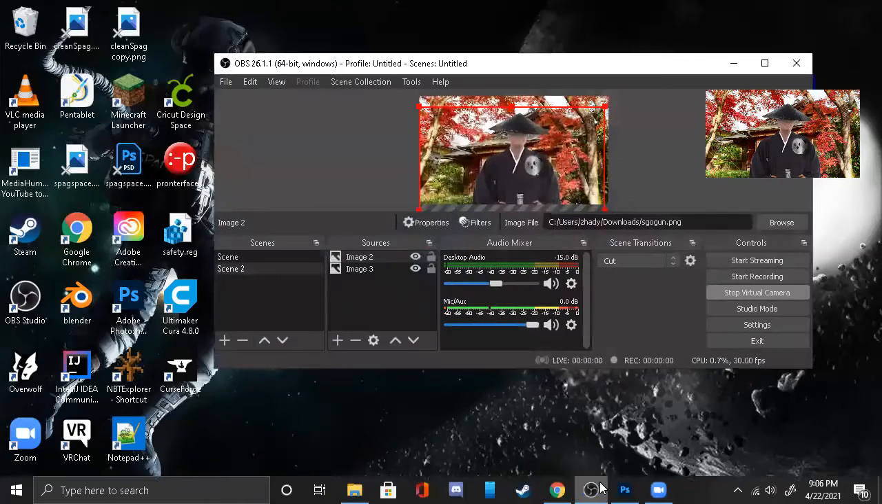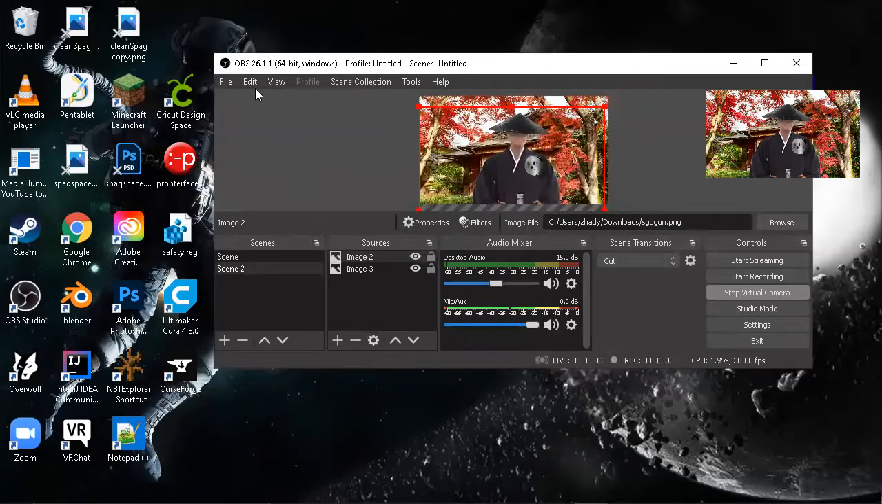As you can see right here, I use OBS. Or actually, no, you can't see it because I didn't share my screen. So let me do that really quick. All right. Like I was saying, I actually use OBS for this thing because OBS now has a virtual camera,